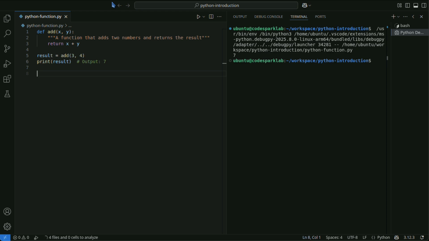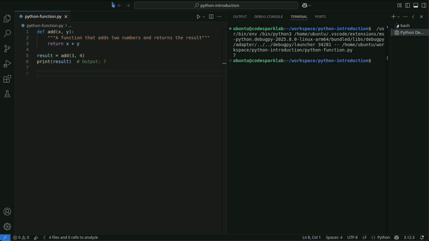Function name: the name of the function, used when calling it. Arguments, parameters: the variable names that receive the data passed at the time of the call. You can define 0 or more arguments. Documentation string, docstring: a string that describes the purpose and usage of the function.